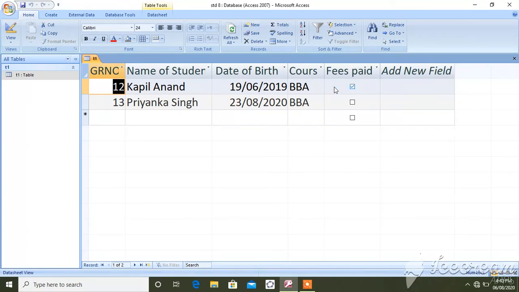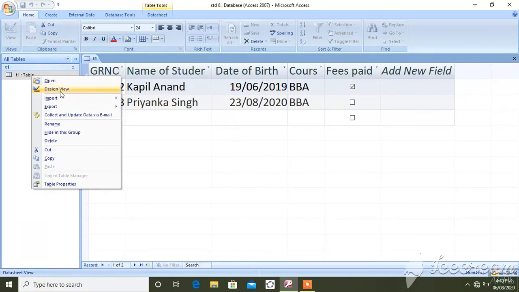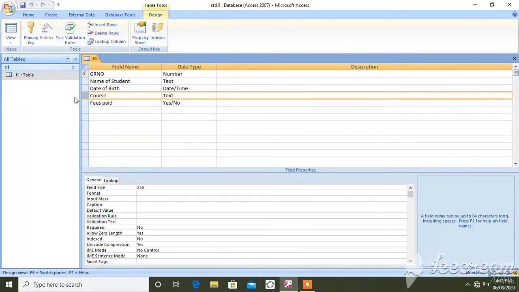Now I want one more column. Okay, I want one more column here. So how I can add that column? So again, go back, just right click on the table, click on design view, again go back in the design view.